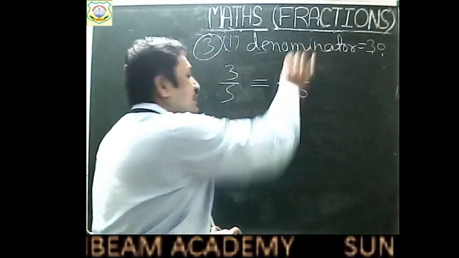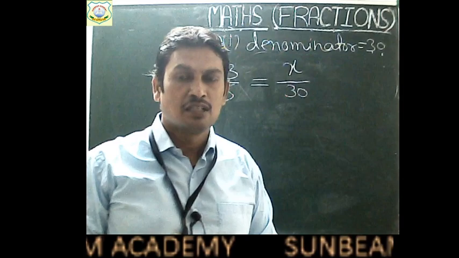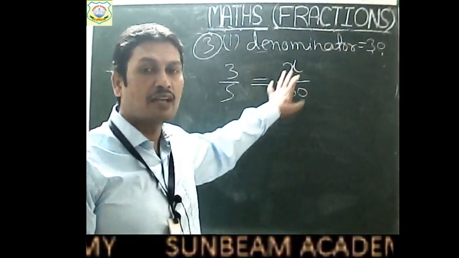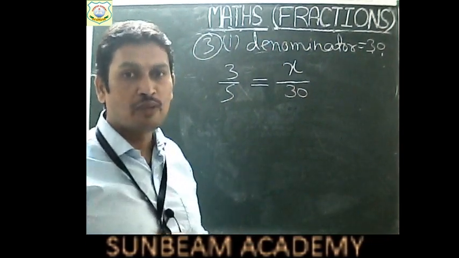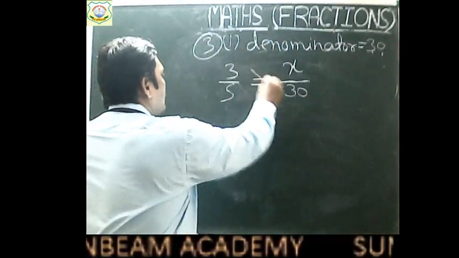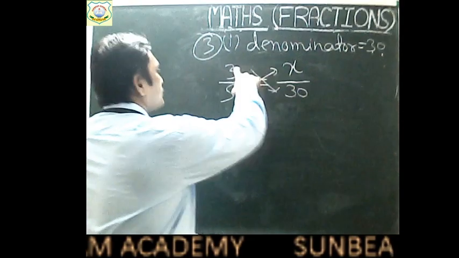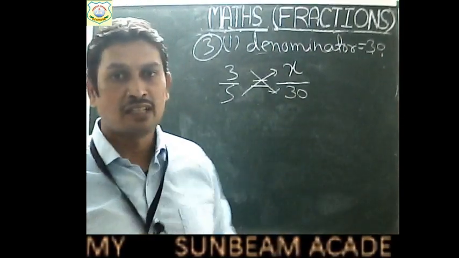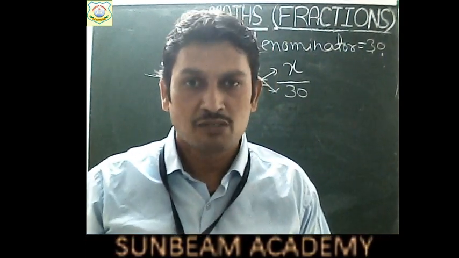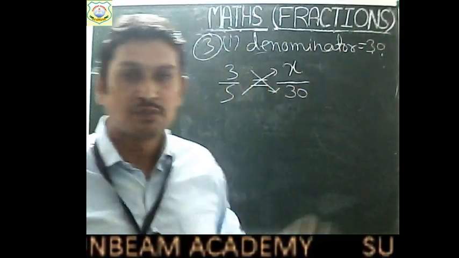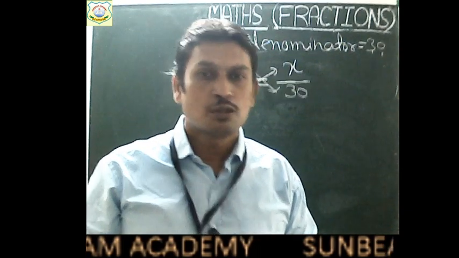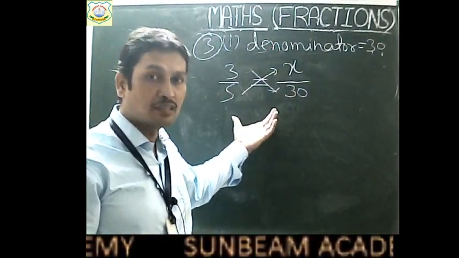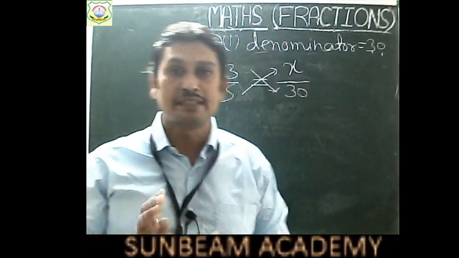So suppose numerator is x, okay. Now find the value of x. If we have to find the equivalent fraction, we will find the value of x. How to find the value of x, children? For this, children, we will make cross multiplication, 3 with 30 and 5 into x. If they are equivalent fractions, children, then their cross products will be equal. Am I right? So as we have done in question number 2 also. So we will make cross multiplication and they are equivalent. So their cross product must be equal.